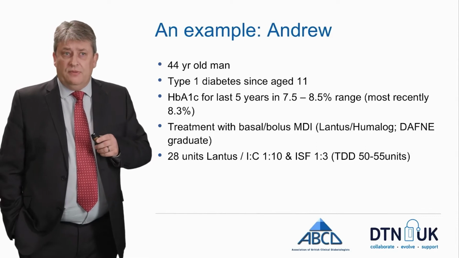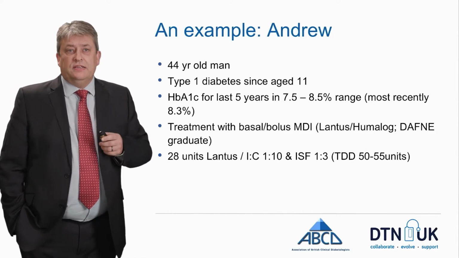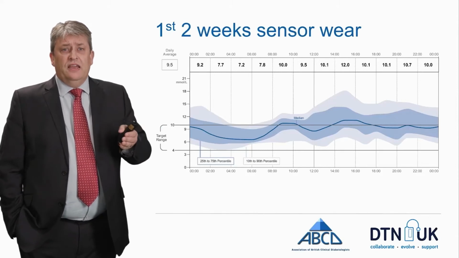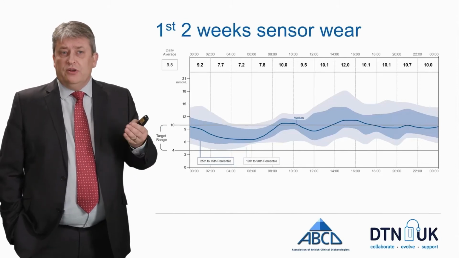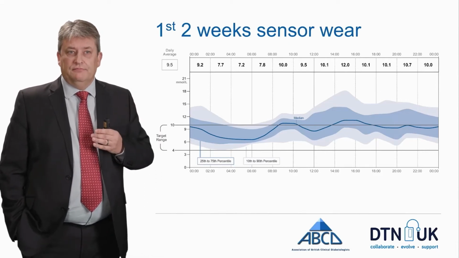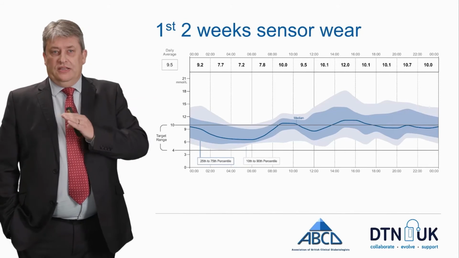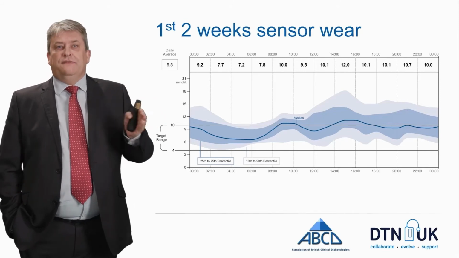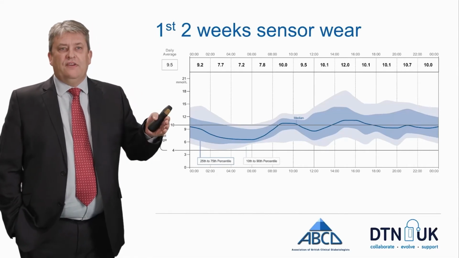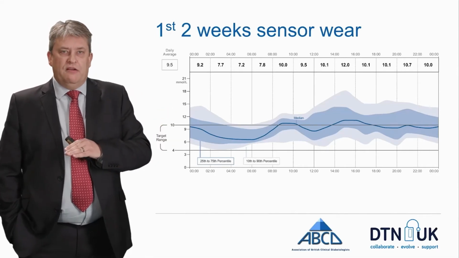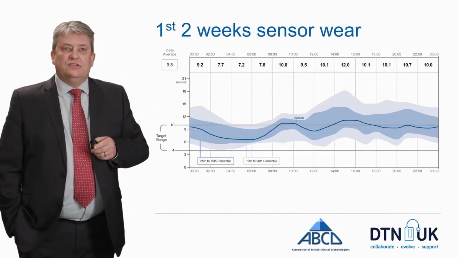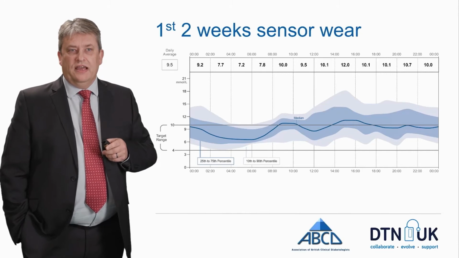So the first time he wore a sensor, this is the profile that he achieved. And what we can see from this profile is that actually it's very close to what we would expect his profile to be from his hemoglobin A1C. How do we look at this profile? It clearly differs across different parts of the day. Some parts of the day have greater variability, some parts have less variability. I think for the purposes of this gentleman, it's easiest to look at it through his normal working day.